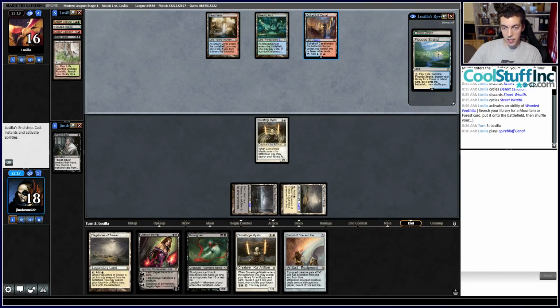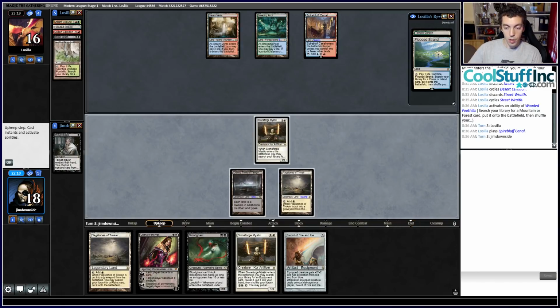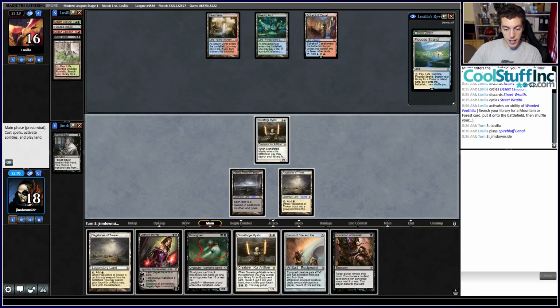I don't like that they played Spirebluff Canal here and didn't play their Temple Garden tapped or the fetch land. It means they probably have another Violent Outburst and are able to Living End at instant speed, which is highly problematic. Yeah, we might be in trouble here, folks. All right. So,